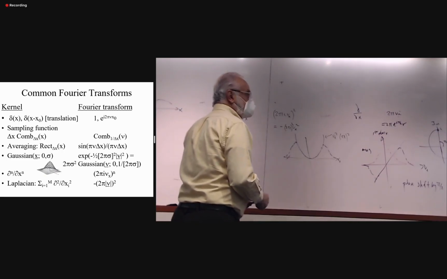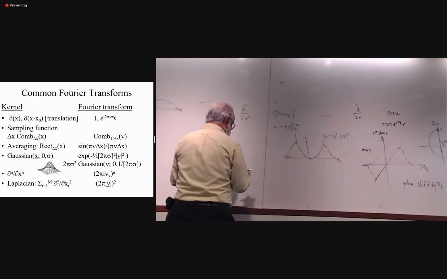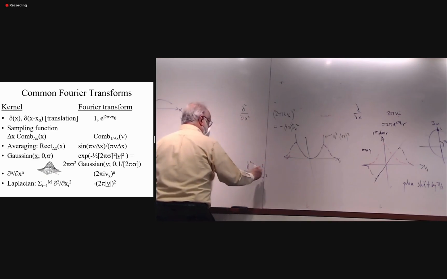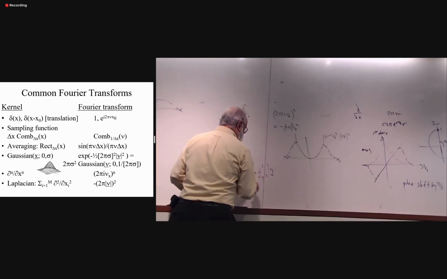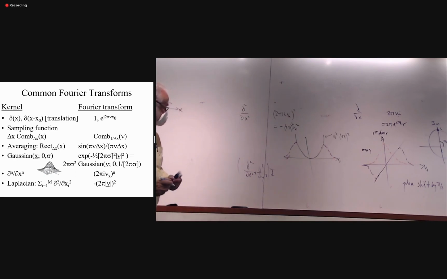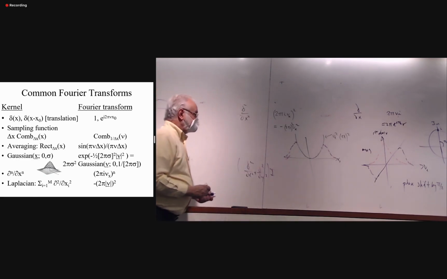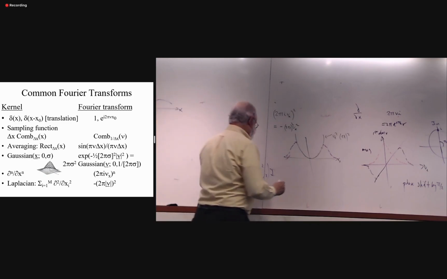comes into play when we consider not d2 by dx squared, but in 2D, d2 by dx squared plus d2 by dy squared. We're going to apply that to I. That is to say, we're going to get the second derivative in x plus the second derivative in y, twice in x and twice in y. Or in 3D, you're going to have a d2 by dz squared. And the effect of that is going to give you a